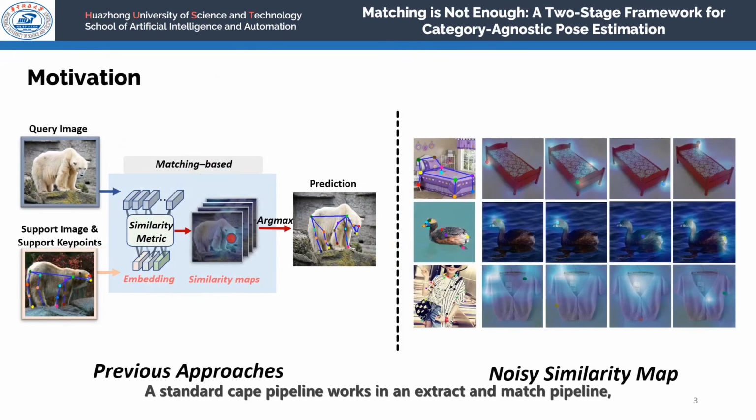A standard CAPE pipeline works in an extract-then-match manner. Given a query image and a support image with keypoint annotations, the key points are projected into the embedding space, and their embeddings are matched across the query image for localization. The similarity peaks of the matching results become the predicted key points. However,